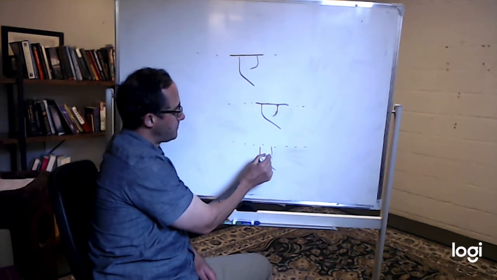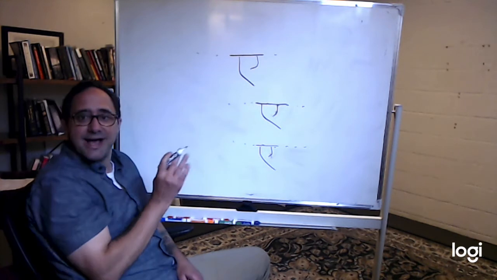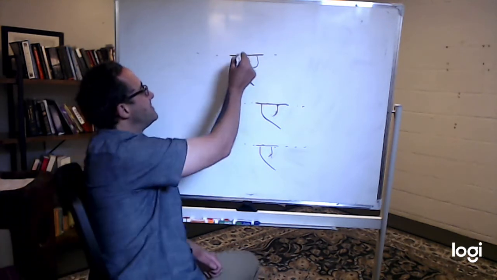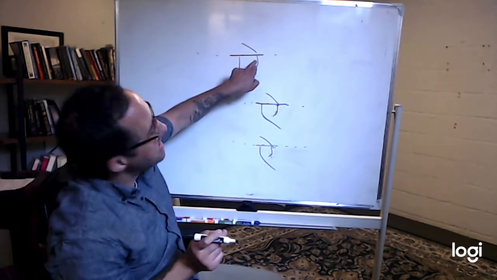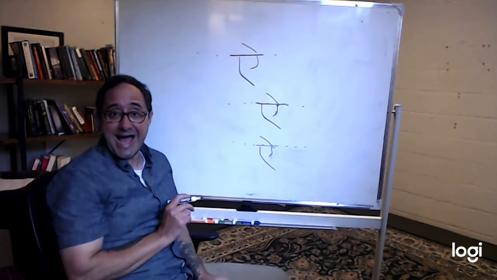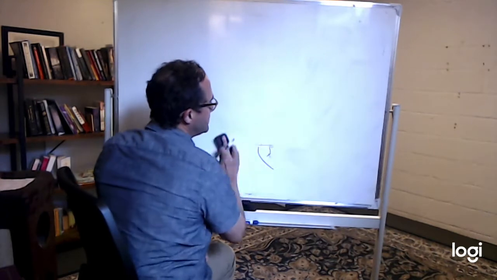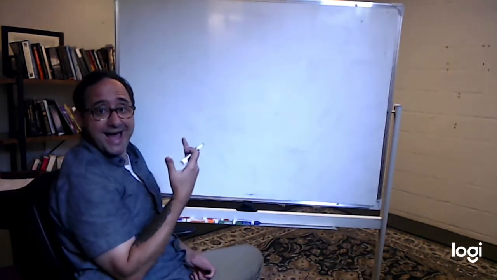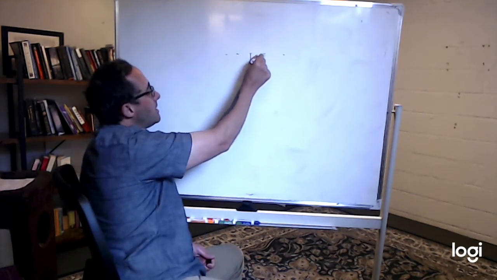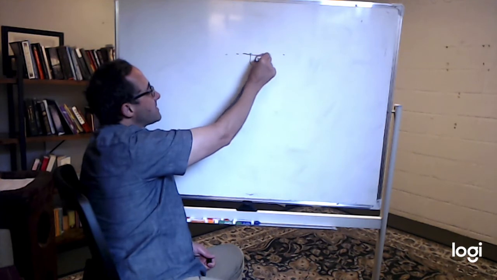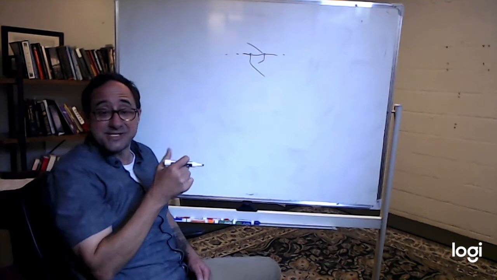I keep doing that. See, I close it off. That's A. How do I make it a? And the line comes off of this guy right here. Now it's a. So let's do this again and make the ah. And it's good to say it while you're doing it. Ah. Make that line. There we go. Ah. All right, so we've got ah,